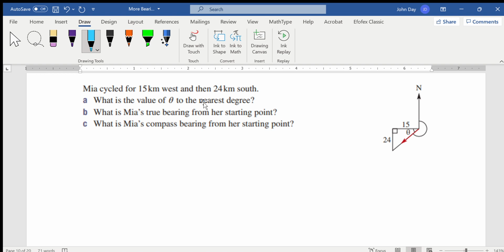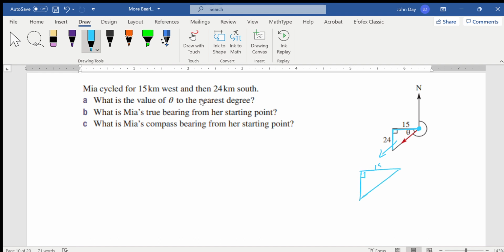All right, this question: Mia cycled for 15 kilometres west, and they've put that on the diagram because they've started where I'm putting this blue dot and gone out to the west for 15 kilometres, and then 24 kilometres south, and they've also put that onto the diagram straight down at right angles to going west. So that's the information given on the diagram, and they want to know the value of theta in the diagram. Well, that there is a right angle triangle